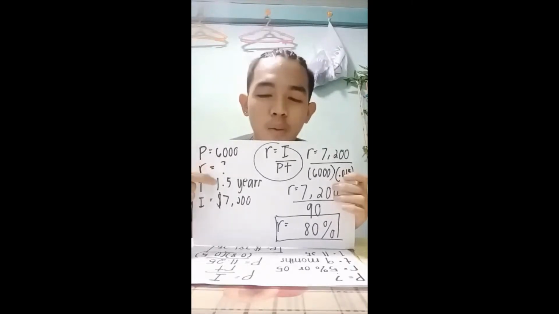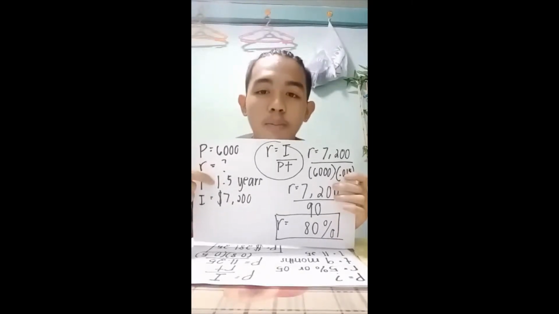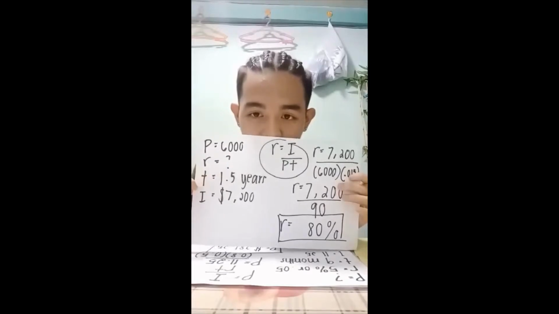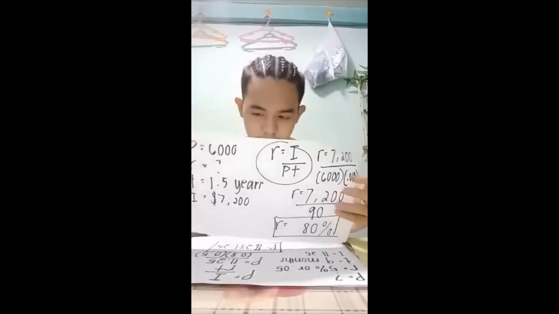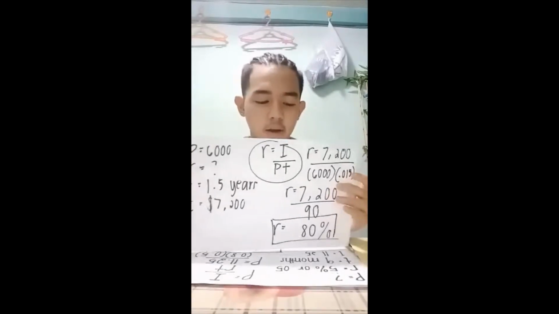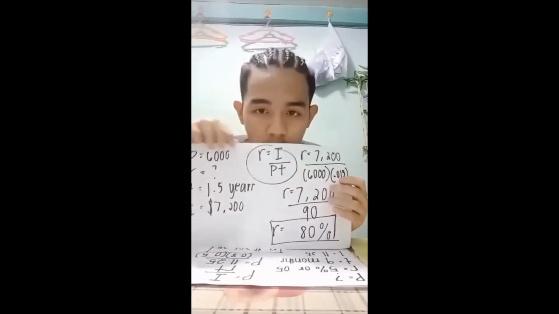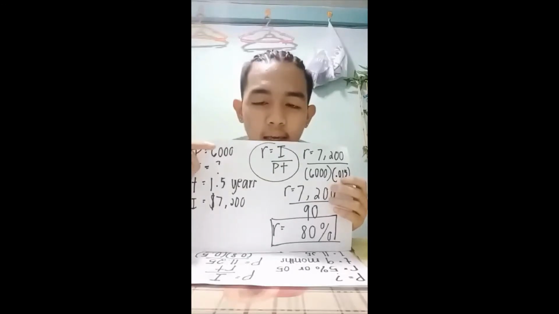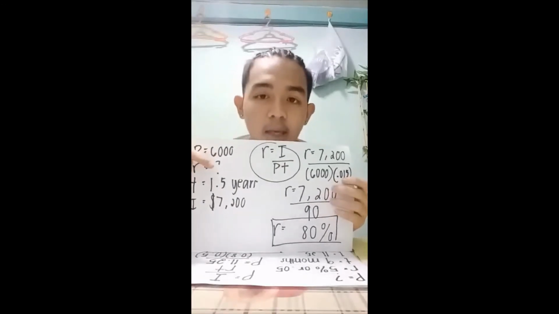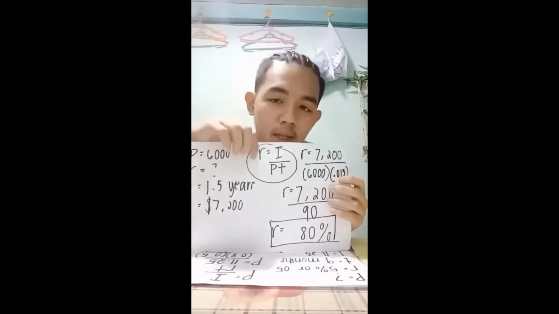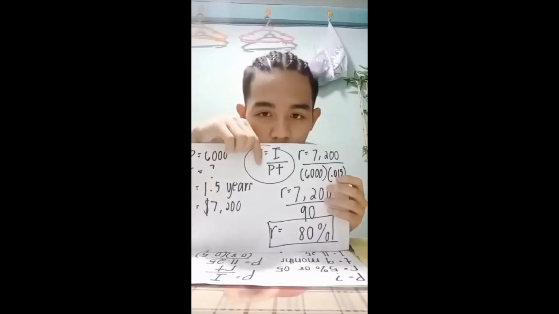So that's what we get, 1.5. And the interest is 7,200. The formula for that is rate is equal to I over PT,